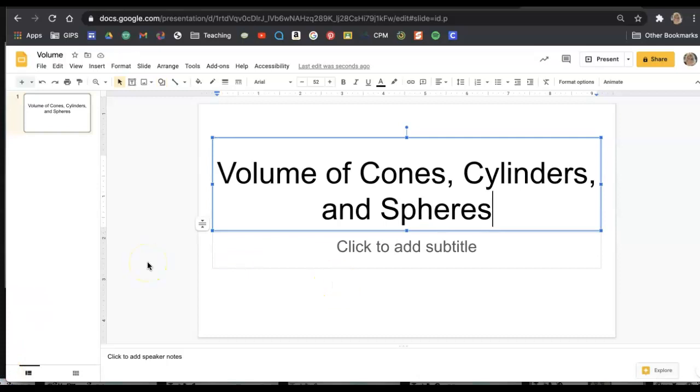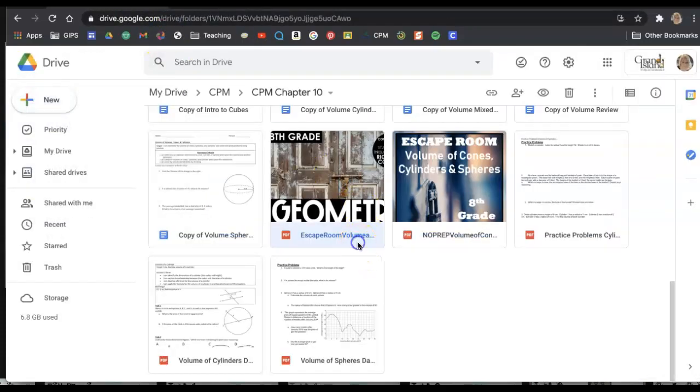Okay, so I've titled my volume of cones, cylinders, and spheres. I'm right here. I might want to add maybe what the directions and the expectations are going to be. This is also a great way to take problems like from your CPM book and use those as challenge problems for your people who are going to be using this. I'm going to use one I already have made in